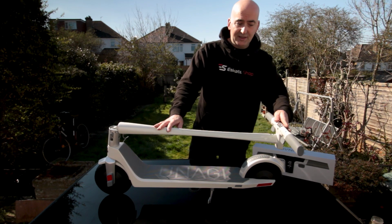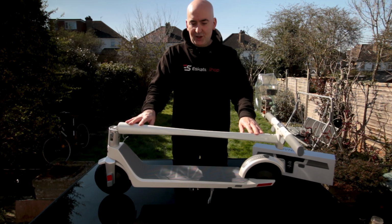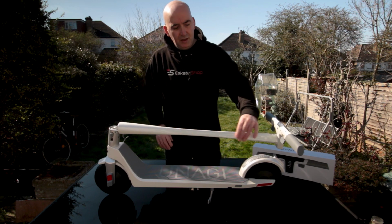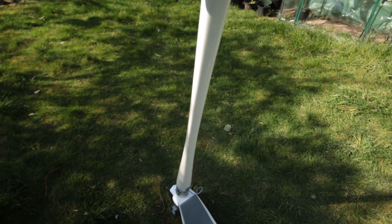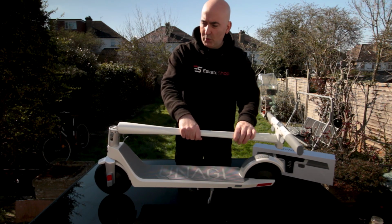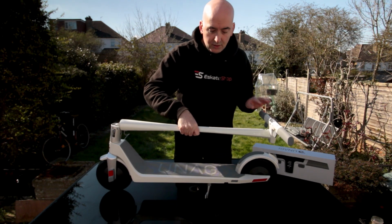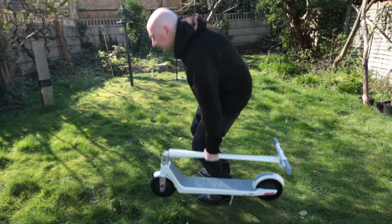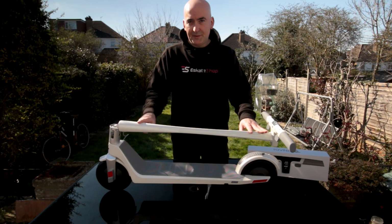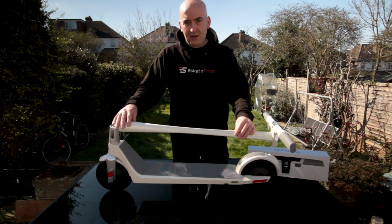Really nice sleek design. This is a piece of carbon fibre. It's tapered in the middle, I think, to lose some of the weight, but also it's a nice place to just pick it up. The scooter weighs about 12 kilos, so it's nice and easy to pick up. It's quite well balanced. It's the same carbon fibre used in the SpaceX missions, and it's a super tough, very